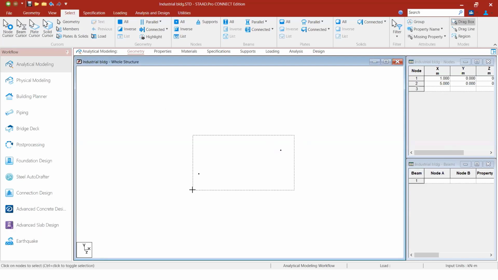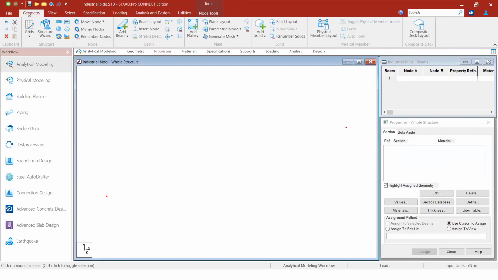This is another methodology to create. You can go with the STAAD editor, or you can create an industrial building with nodes here. And here we have a transit, I think. One minute.